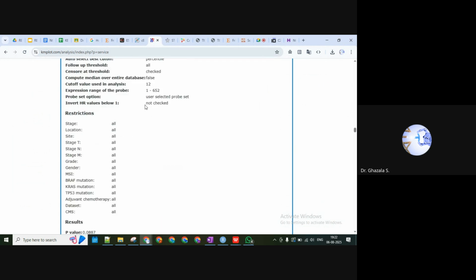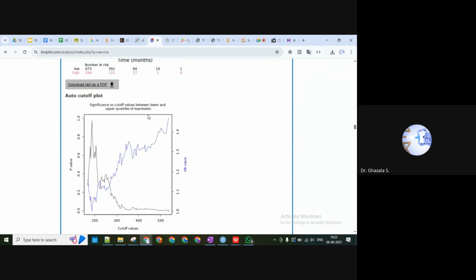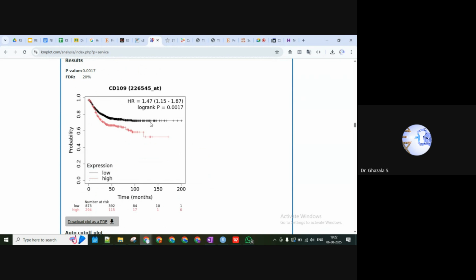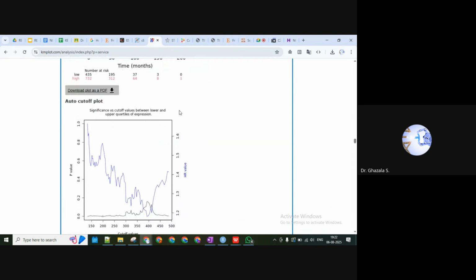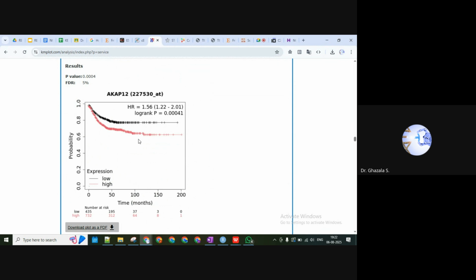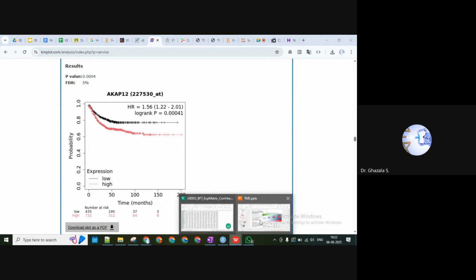Did you filter the predictive genes out of this? Because I can see not many genes are predictive. We have only a few genes here, maybe three or five. Those genes we can further proceed with to check how they are involved in the tumor microenvironment. For studying the tumor microenvironment, first we need to understand what the tumor microenvironment is. Let me discuss that first.